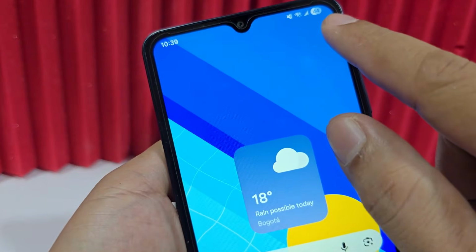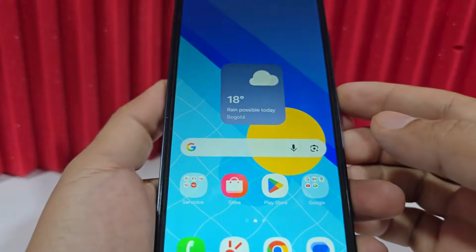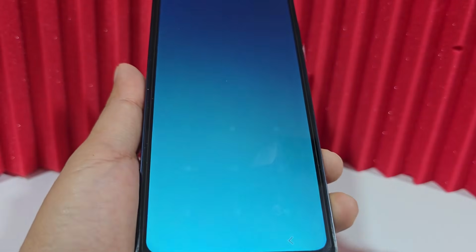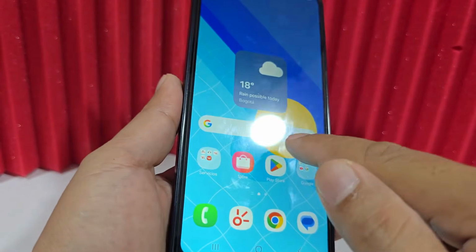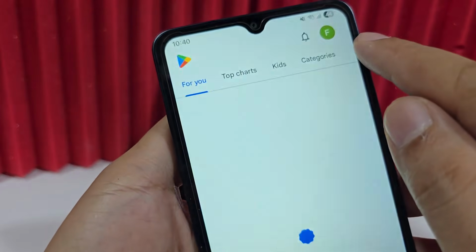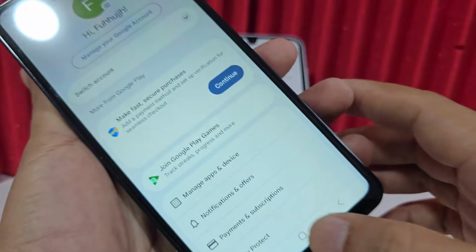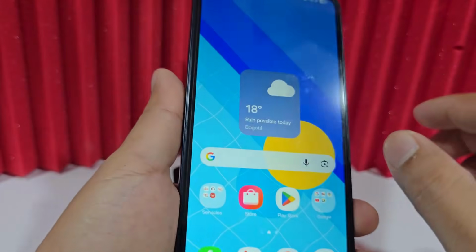We need to be connected to a Wi-Fi network. We need to have a screen lock. It's important to know about screen lock. It's also important to have a Google account. We need to have one from Google. Given all that, since we already have all that,